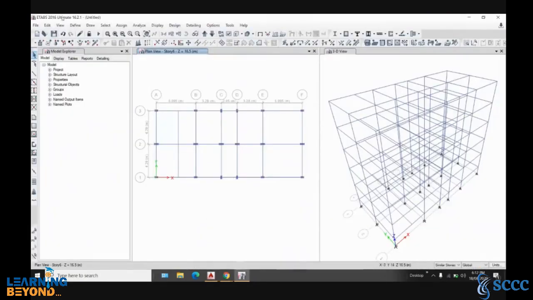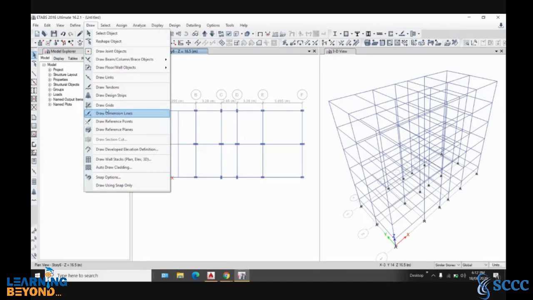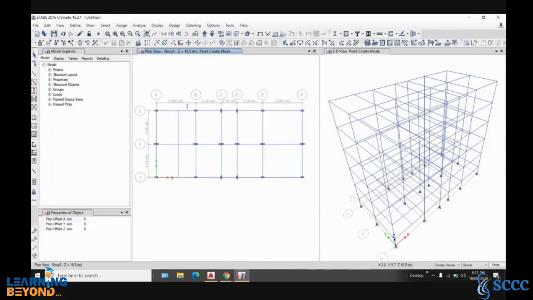So I will go to draw, and then draw joints, draw joint objects. In the joint object, it is now asking me in mm. So I will have to go to y. If you see, the y axis is upwards. So I will have to enter 1055 and not 1.055, because the unit chosen is mm.